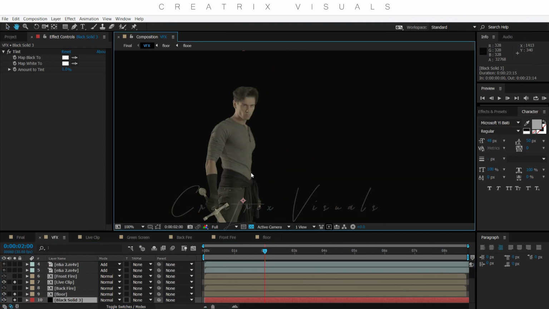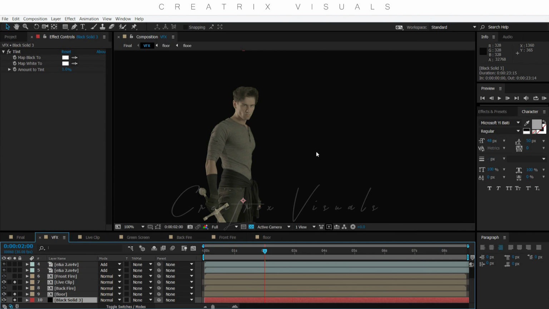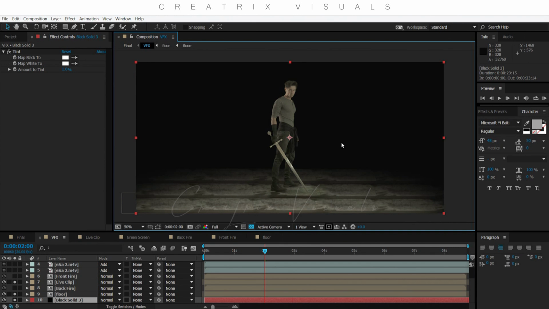Now, I did not do a perfect black. As you can see, it's super dark gray because I wanted to have enough light so when I do the color grade within the visuals, it's not going to crash everything. So this is where we are. Just to recap, my live footage has been edited and we removed the green to have separation of background, which now is basically darkness, foreground,